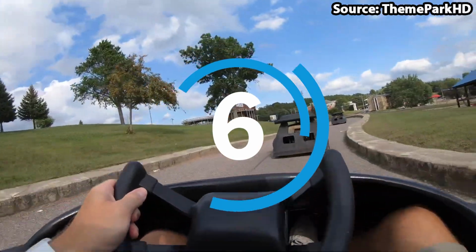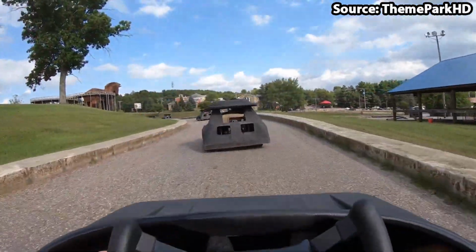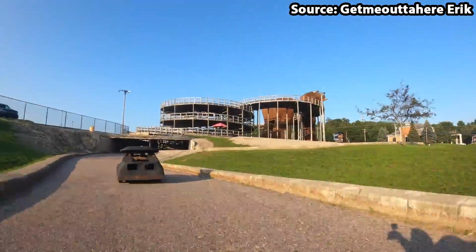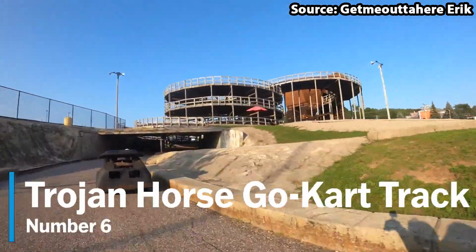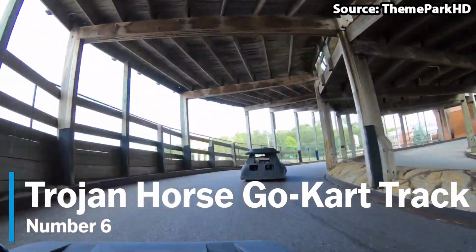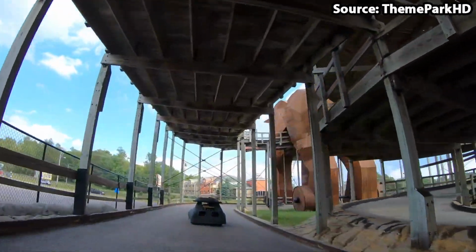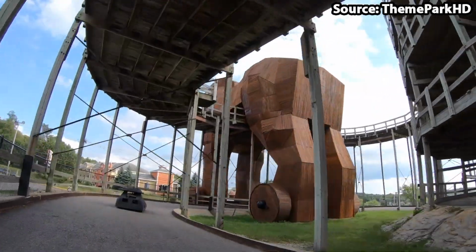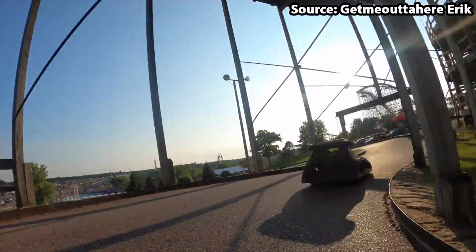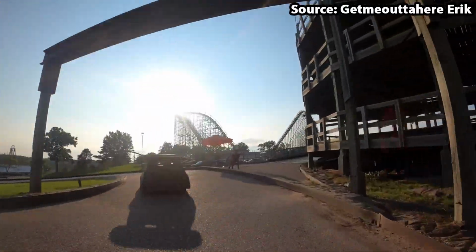It is time for our final as well as best go-karts on the list, as for our number 6 spot we have Trojan Horse Go-Kart Track, themed towards the famous Trojan Horse. Just looking at this ride is awesome, with its giant model of the famous horse standing high above the track,